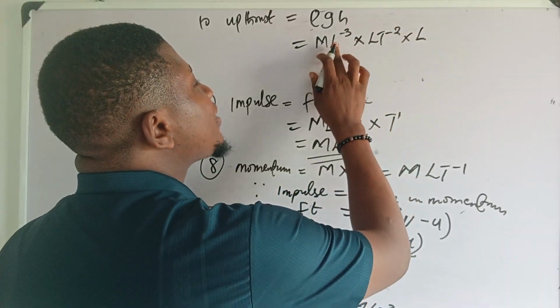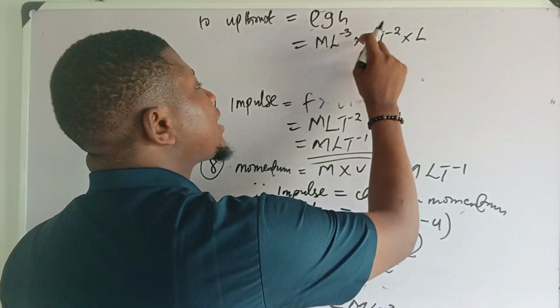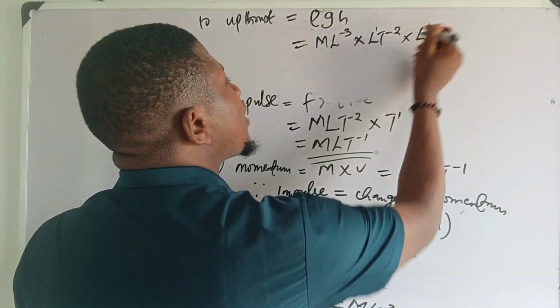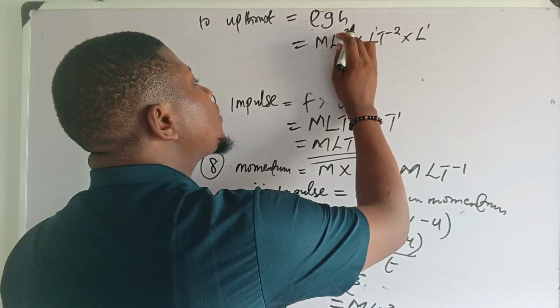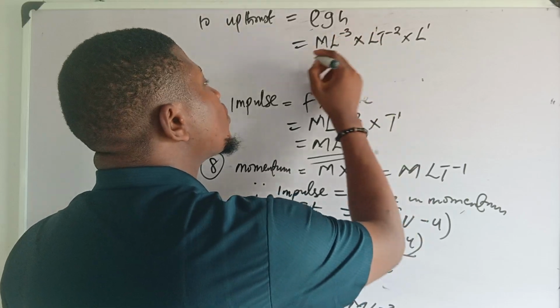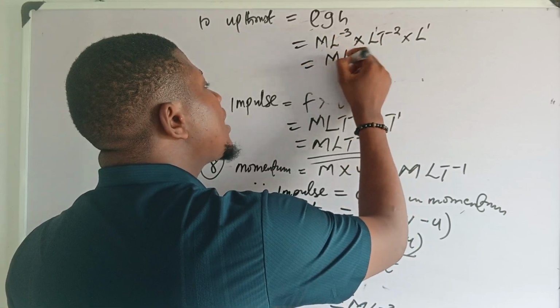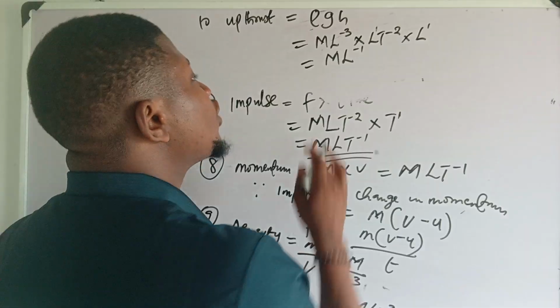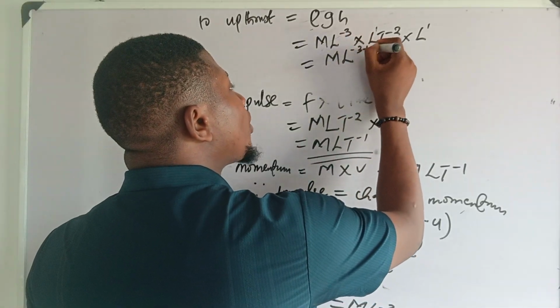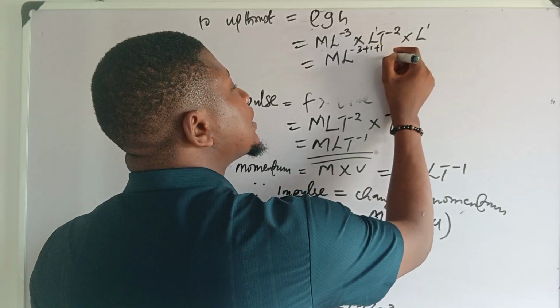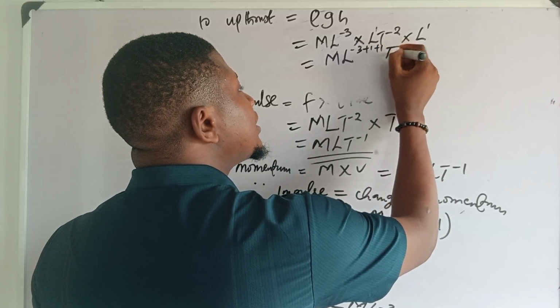So how many L do we have? L raised to power minus 3, L raised to power 1, L raised to power 1. 1 plus 1 is 2. Then minus 3 plus 2 is minus 1. ML minus 1. So if I collect the powers like this, let me make it simpler: minus 3 plus 1 plus 1, then T minus